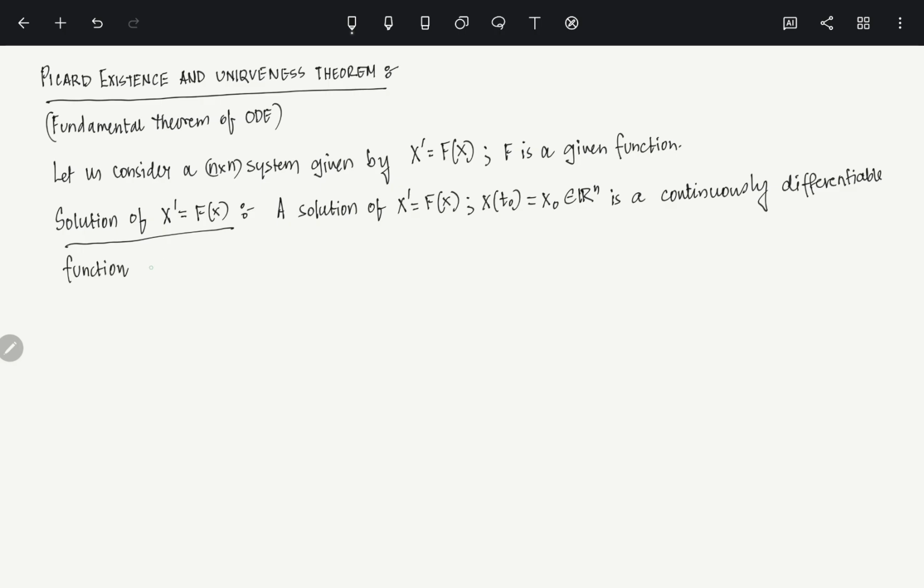The function is x from I to Rn, where I is some interval, a subset of R. This means you are looking at a curve,